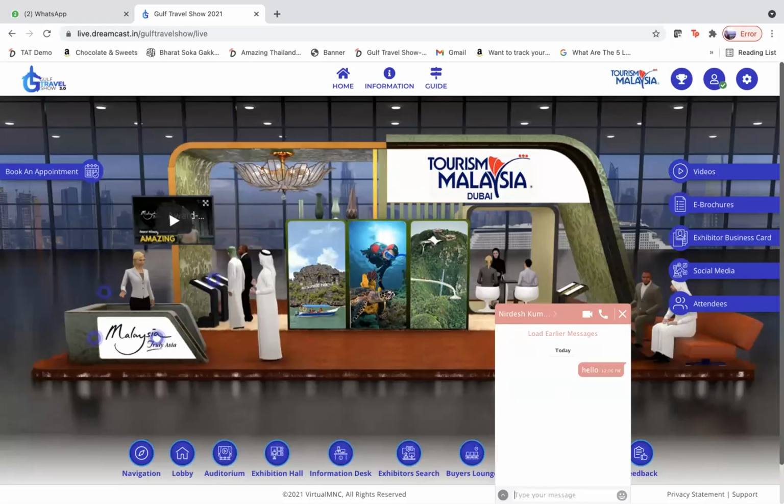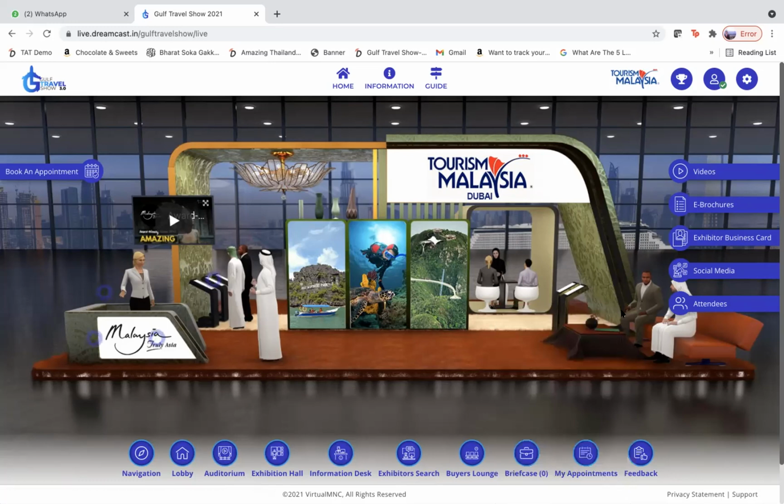So I have logged in as an exhibitor. I can start chatting with buyers, whoever has come into my booth, and do audio calls, video calls, etc. I can also save the conversation here. I can also send documents from this side, and I can also send emoticons. So all these are features that as an exhibitor I need to be aware of, that you can tell and train your respective exhibitors as well.